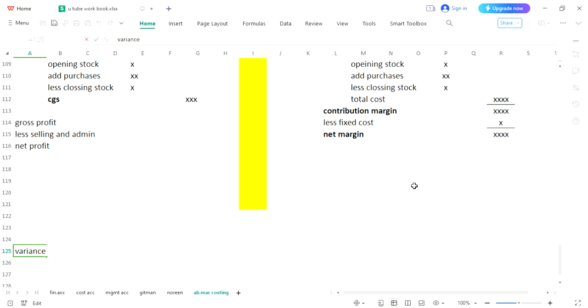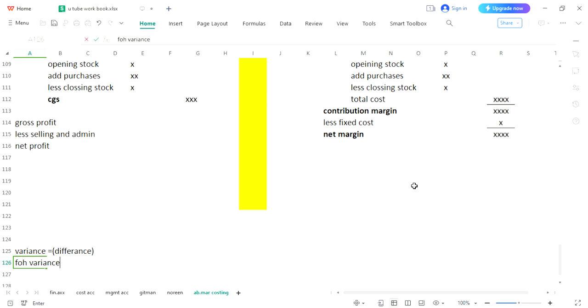It is also called the difference. But keep it in mind, when you are calculating difference of two elements, that would be called variance. And if difference is in between two types of FOH, that would be called FOH